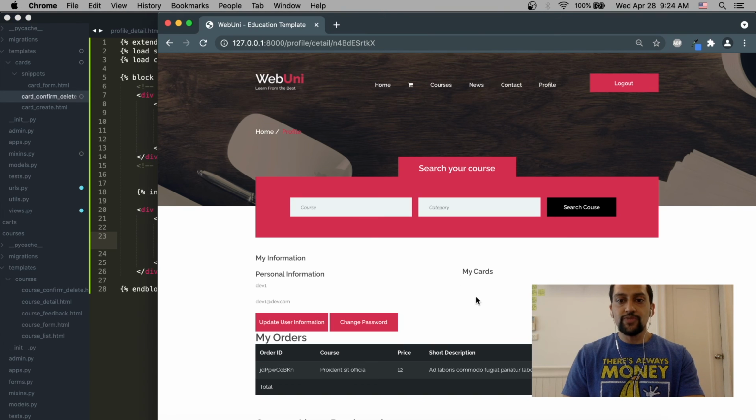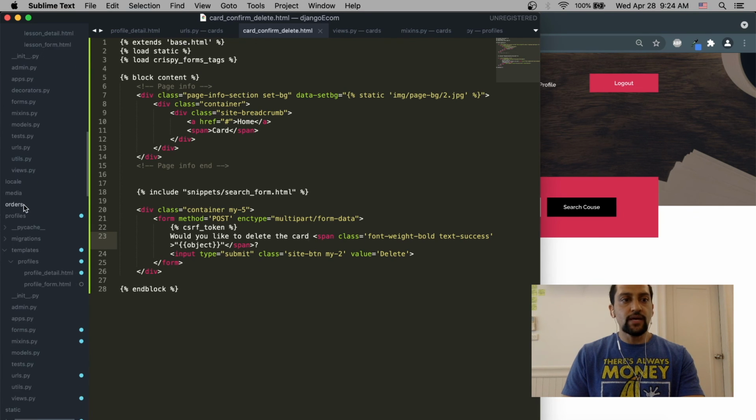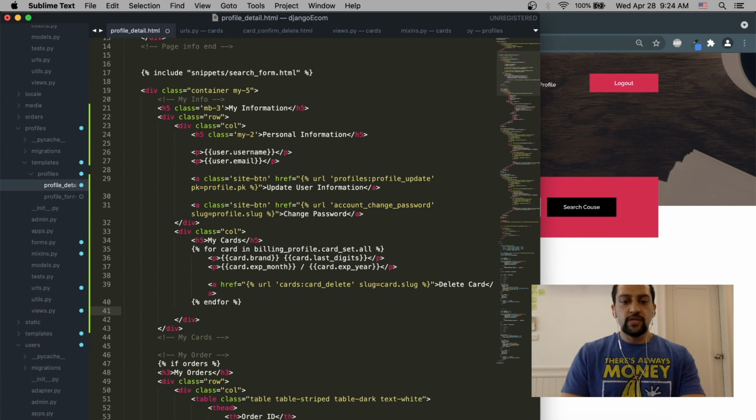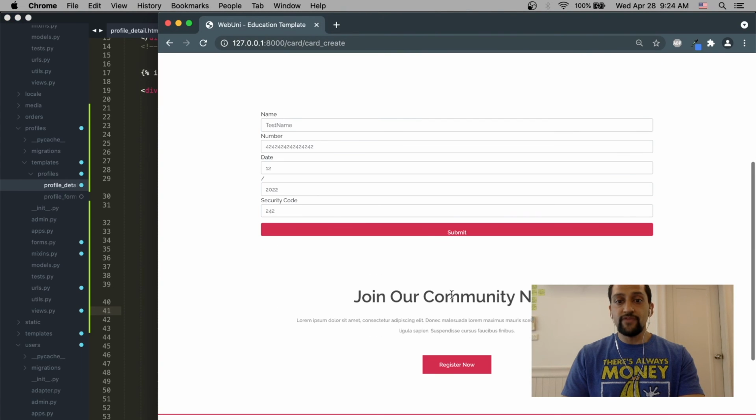Now, if we want to add a card in here, we can do that as well. So inside profile detail we can add a card. We can do simply the same thing and just do card create. We already have a view for that. Add a card, add card create. So add a card, we have the card create view already, and